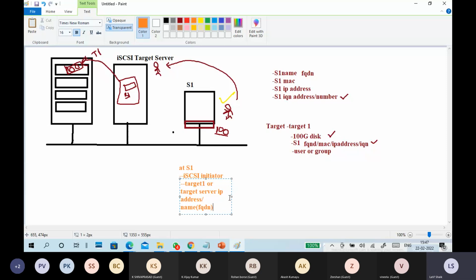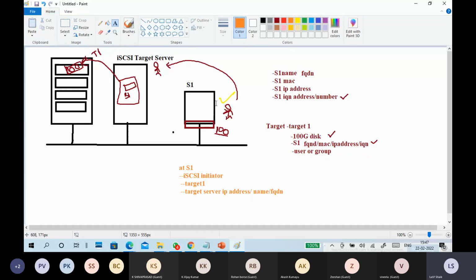Or a domain name-wise also we can access. Server name, server IP address, server FQDN, all will work. So we can give a target name or a target server FQDN. But we don't have that many facilities, so we'll do it directly at the server.